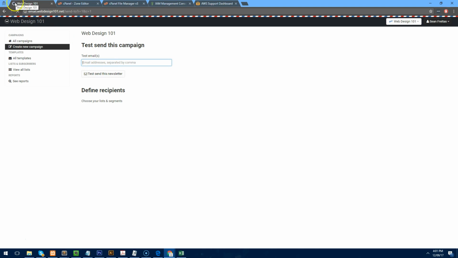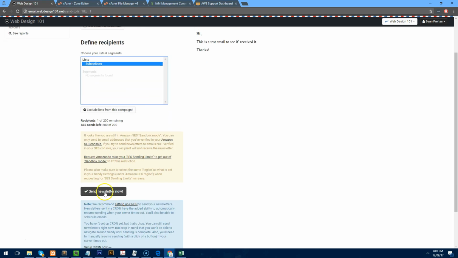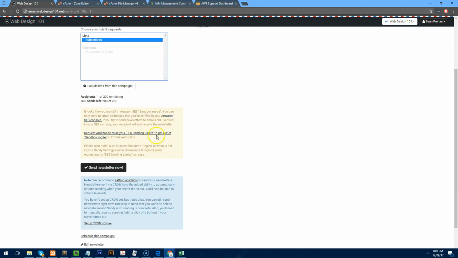Sendy's loading, it takes a while for it to sometimes load. It's probably connecting to Amazon to make sure that it can send, but as you can see, it's loaded now. You can send a test to yourself, but I'm going to send it to this list, and I'm going to send a newsletter now. But before I send it, you'll actually notice that it says Amazon is in sandbox mode,